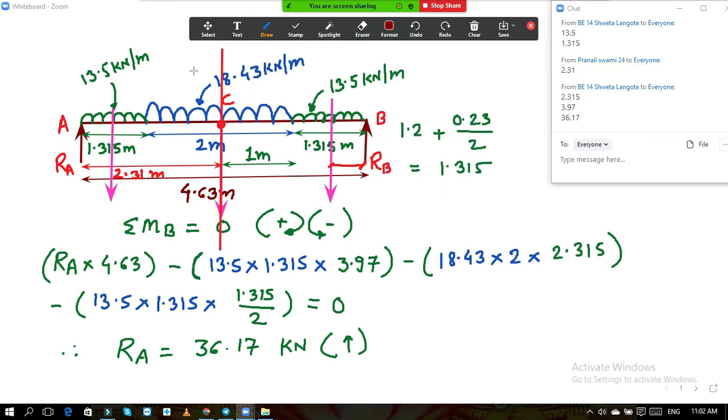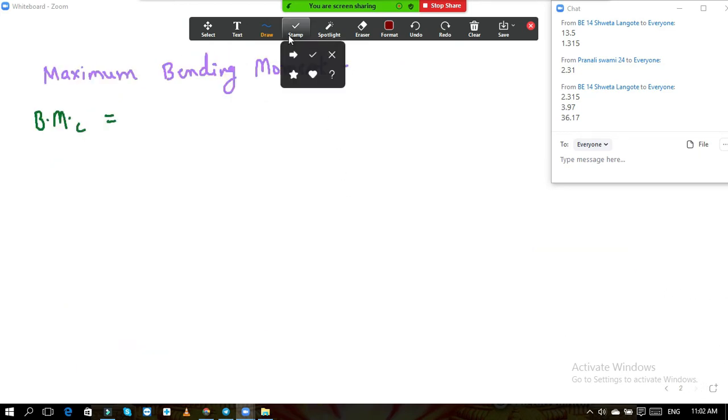So this is our section line. Here we have taken the section. What we are considering now is the equilibrium of the left hand side. If we consider the equilibrium of the left hand side, then only the left hand side will be considered in the calculation. So if I draw the same diagram over here,